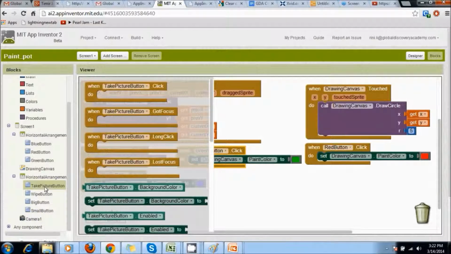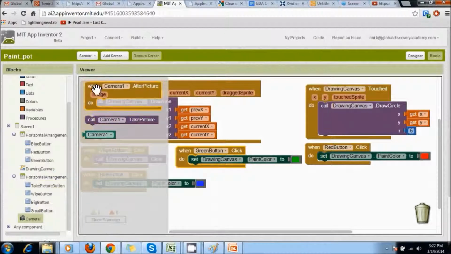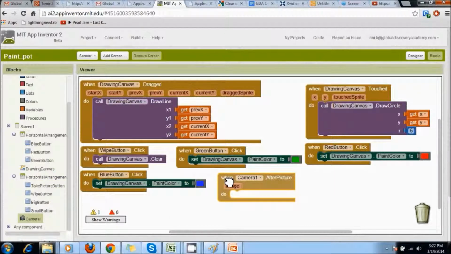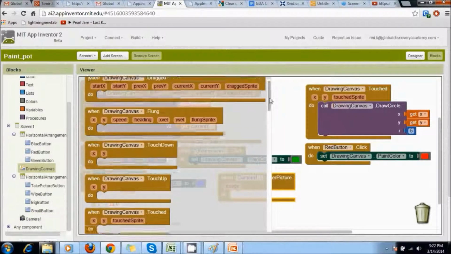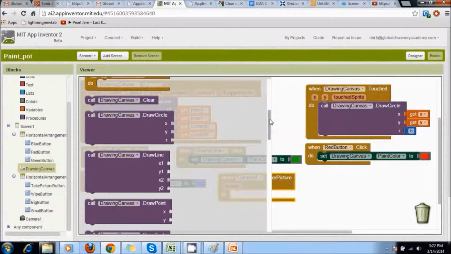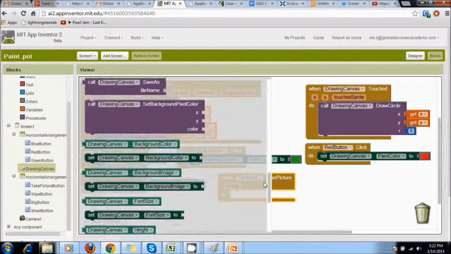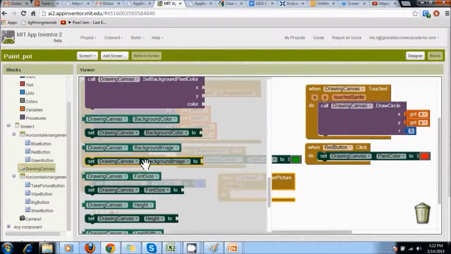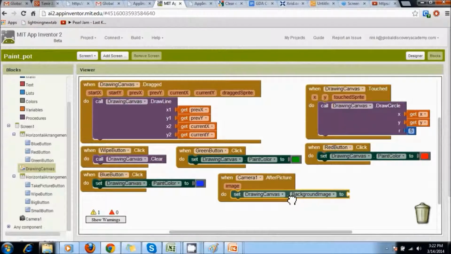So we go to the take picture. When camera1.afterPicture is called, that means we're done with taking the picture. What we want to do is set the canvas background image. So it's going to be set drawing canvas.background image to the value of the image.